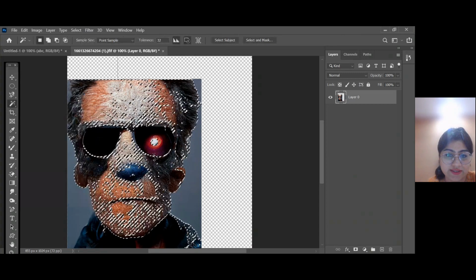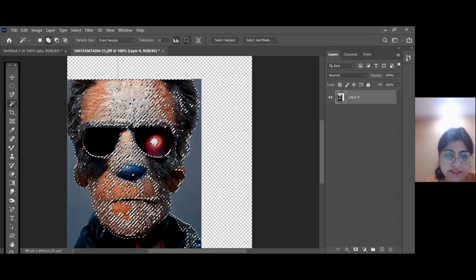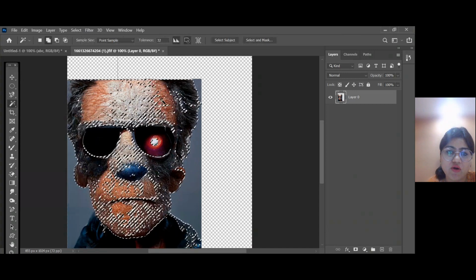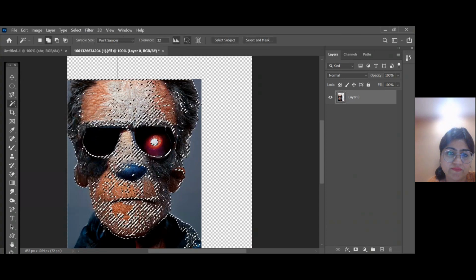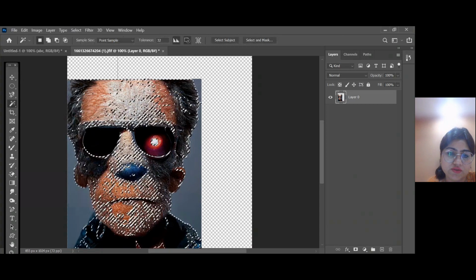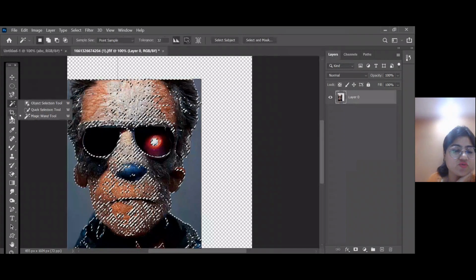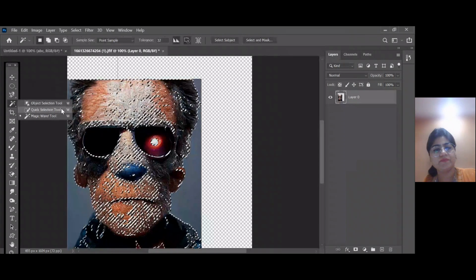You can call this the mesh selection. You can see I'm just clicking, and then it will get normal like here. If I do it properly, then definitely my selection will be okay. Okay, so then you can use the move tool. So these are basically the selection tools. And again,